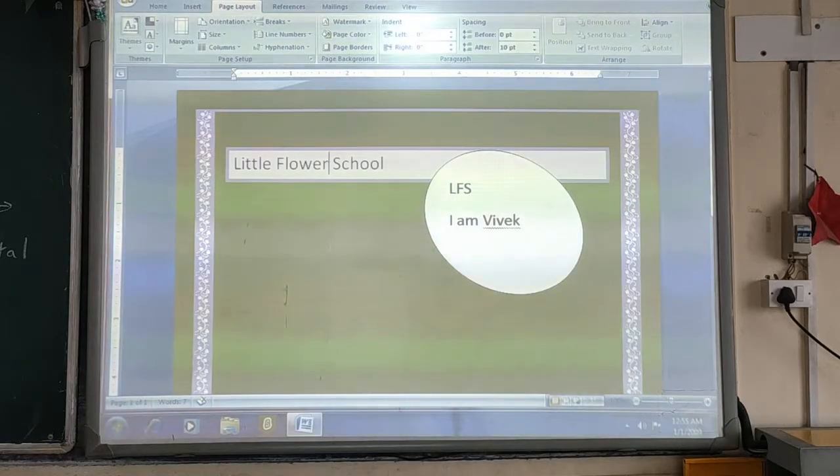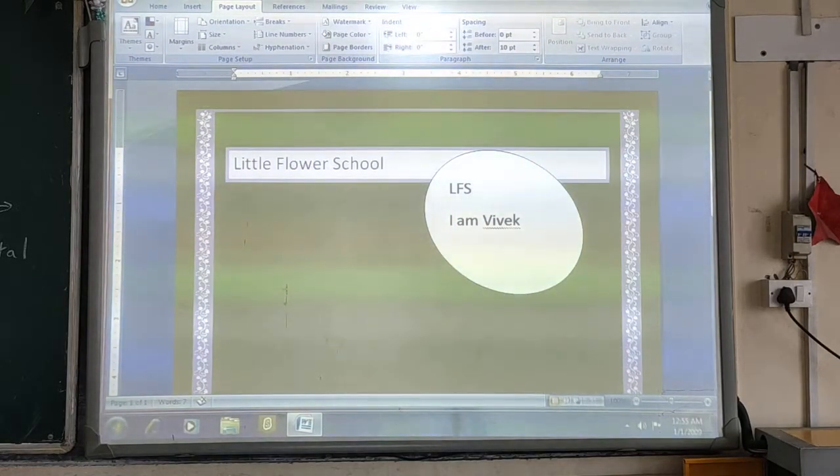And then we discussed how to add a page color or background color to your document. So this is how we come to the end of this chapter.